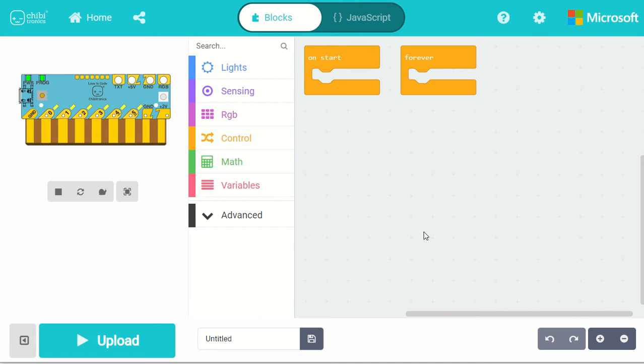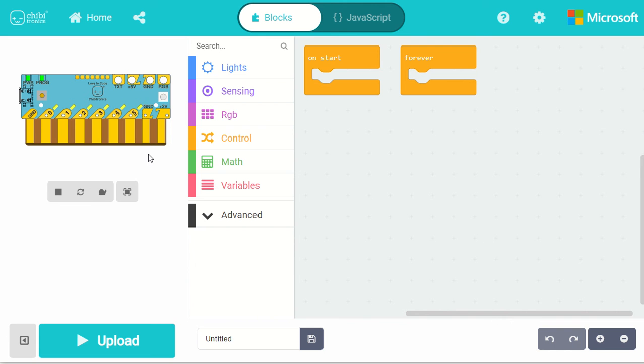So in order to turn on off the LED, what exactly we people are going to do today is we are going to move ahead with the two tabs specifically. One is the lighting tab and another is the control tab, and that is how we people are going today. So we are going to go with this particular block, which is forever loop, and then we people are going to subsequently go for that. And as I've already stated, on the left hand side, people, this is the simulator of the Chibi chip that you people are seeing over here.